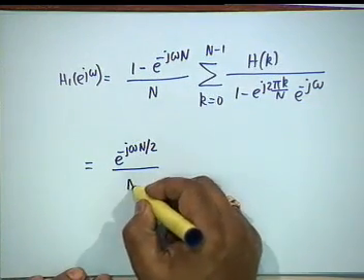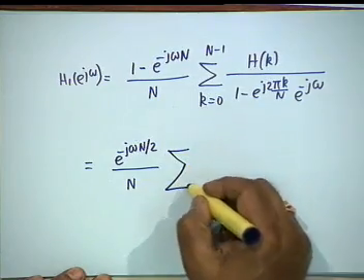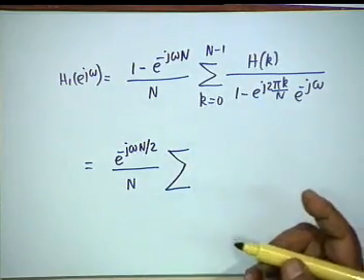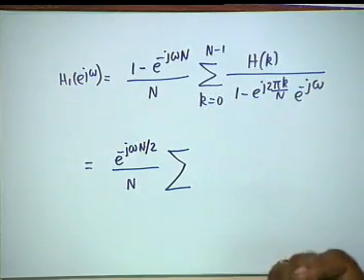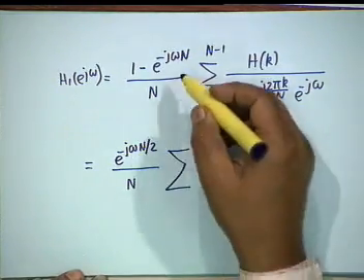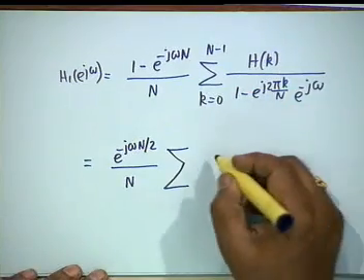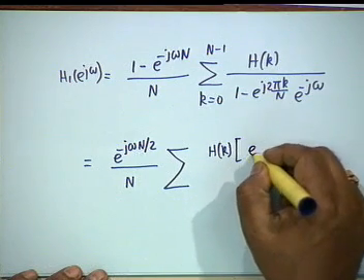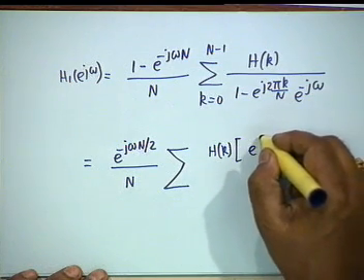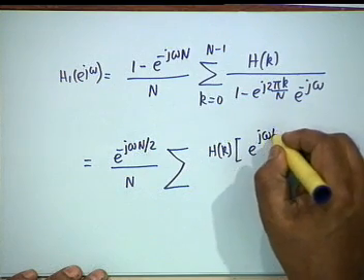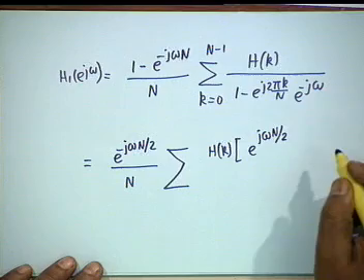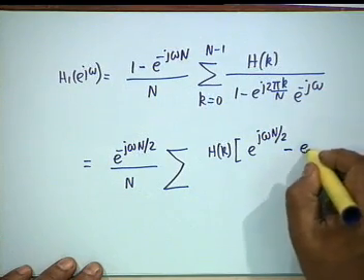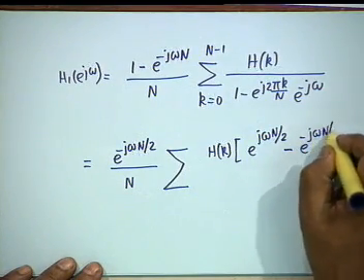I take this out divided by N, and then in order to bring some symmetry in the numerator and denominator, I take this inside the bracket once more, H k, I get e to the j omega N by 2